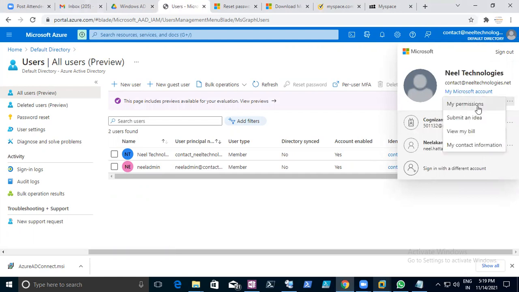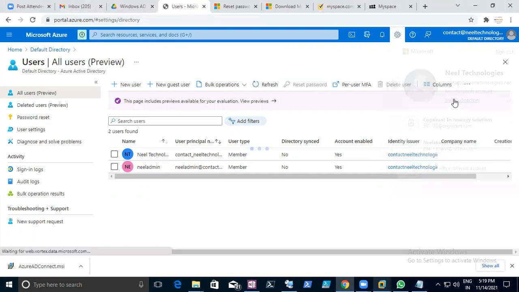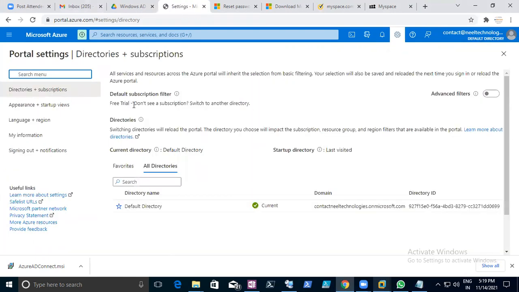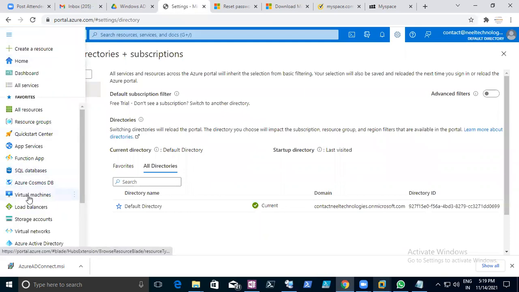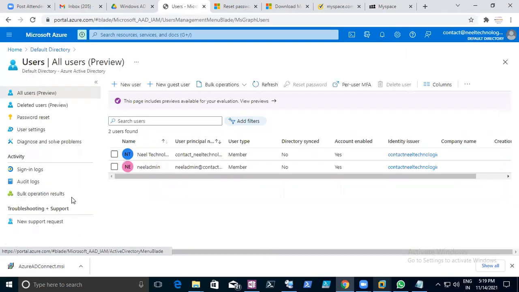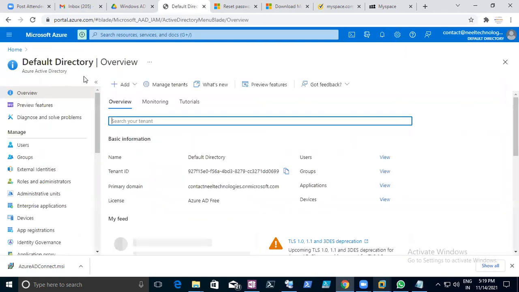Switch directory. Yeah, I click that switch directory. Okay, now it's coming. This is not this Azure Active Directory. It should be Neil Tech. Again, it's coming only.